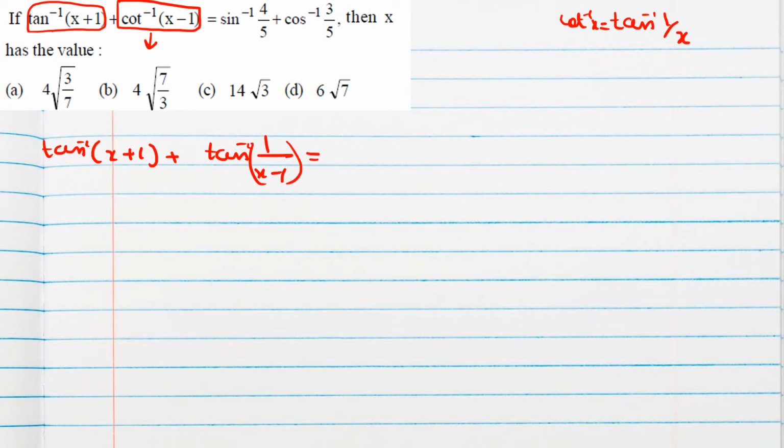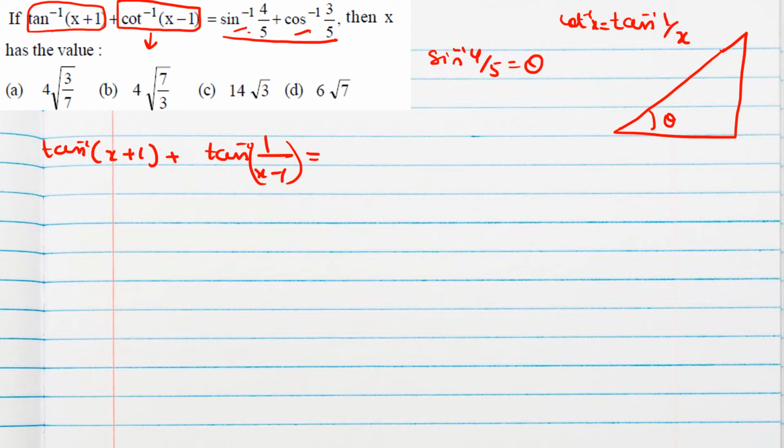Now as we know, if we want to find the x value, we need to compare from either side of the equality, isn't it? But on the right hand side, if you observe, sine inverse is given, cos inverse is given. So we will use the triangle method to convert this sine inverse and cos inverse in terms of tan inverse. Now see, suppose I take theta here, sine inverse 4 by 5 as theta. So 4 by 5 will be sine theta. That means opposite by hypotenuse. By using Pythagoras theorem, we can find this also.